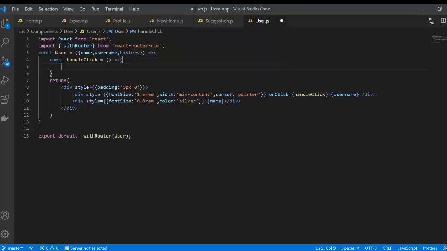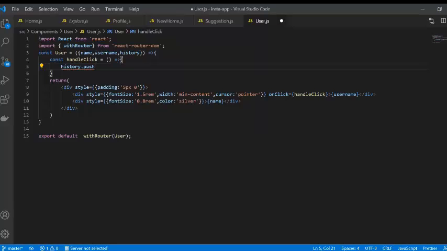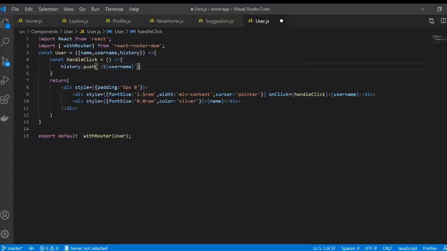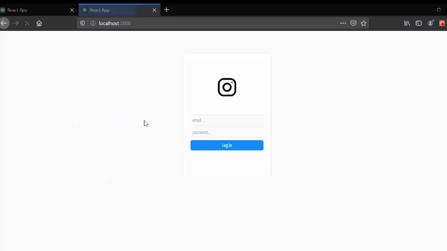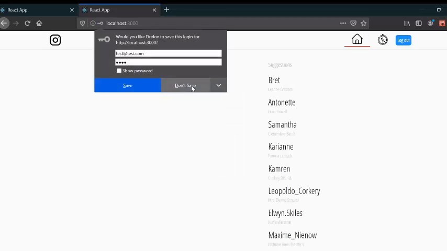And of course, whenever you have the state of this component, then you cannot use it like this, because we haven't got the this keyword. So that's why we can use it in here. So I'm just gonna provide the history.push and use the string interpolation and use it like this, and username. Now if I just save it and go to our browser, you can see that whenever we use test@test.com,